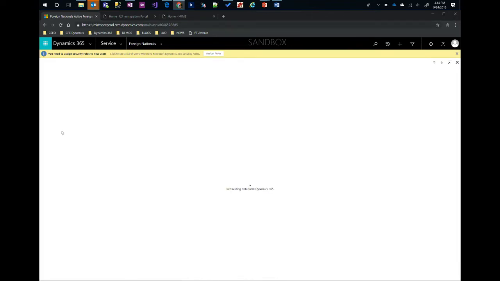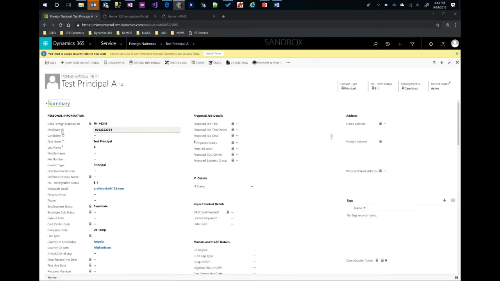Now, if I was to just open any of the test records, what you will see here is all of the data associated with the candidate before they become a Microsoft employee, or with the Microsoft employee data, which is primarily required for the attorneys to file and submit the case. So we are bringing in most of the details which are prerequisite for USCIS to accept the data from